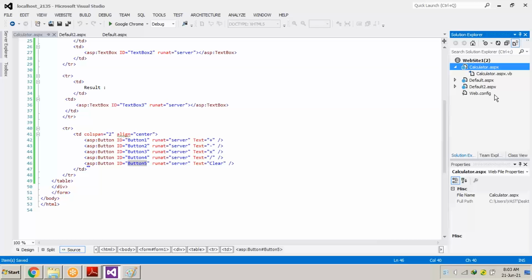Because server side language is hidden, nobody can see the server side coding. If I create a project and give it to a customer, he won't be able to see the server side coding, what I have written, in which manner, in which form. But the purpose of designing an application is to solve the client's problem. No matter in what language you design an application, the first and foremost purpose is to solve a customer's problem.